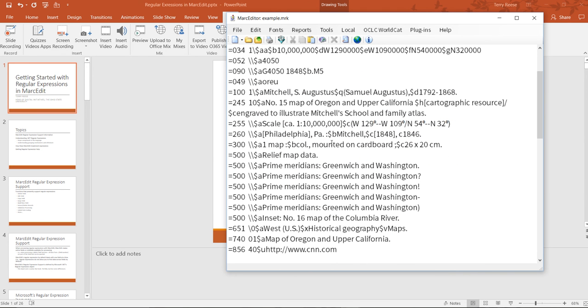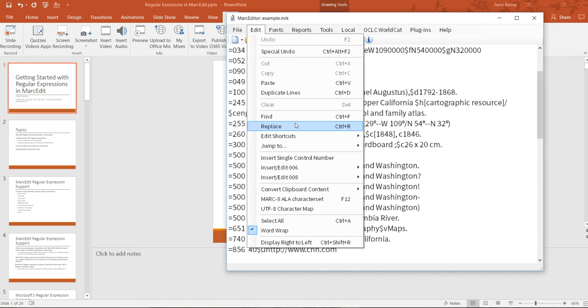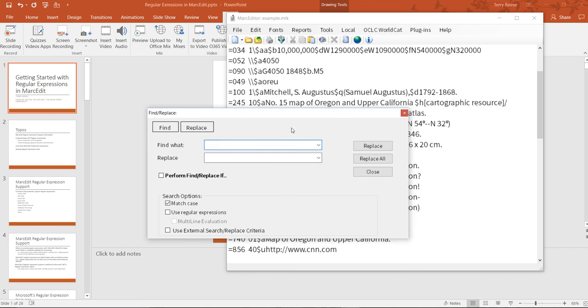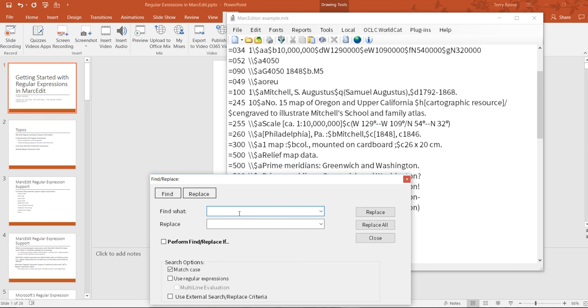Let's say we wanted to move the data that is in this field here to the 052 subfield A and move that data into, let's say, the first 500 field after the subfield A. So we want to put it right here. Let's just say that for argument. I can use this replacement function and I can capture my data starting with equals 052,